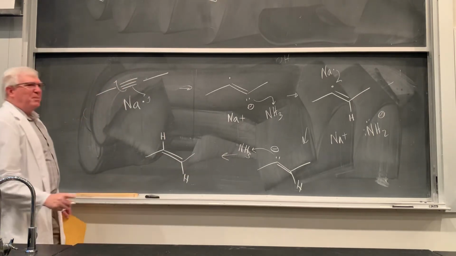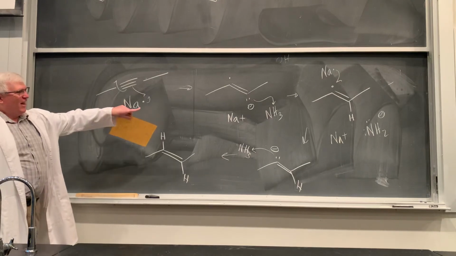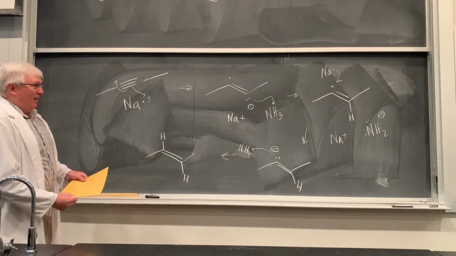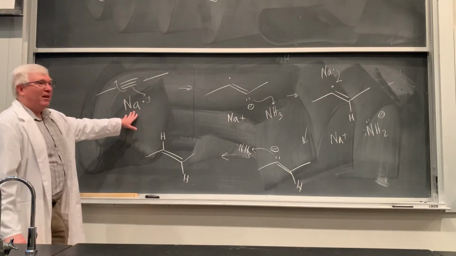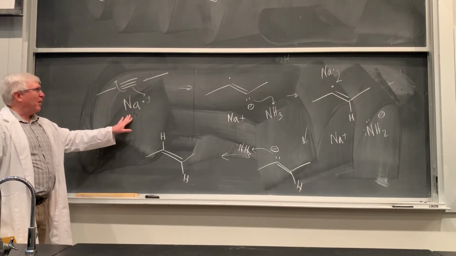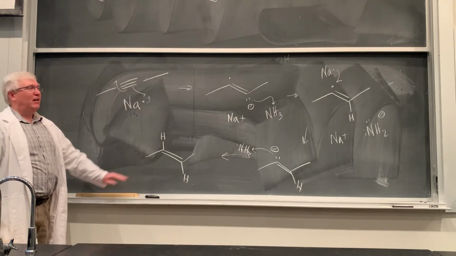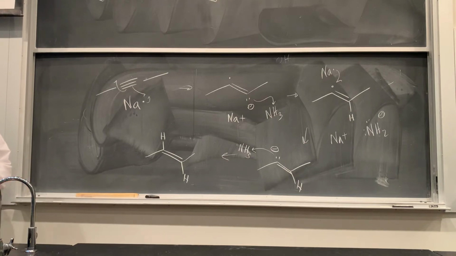Now it's a very different mechanism than hydrogenation with hydrogen gas and palladium, right? This is sodium metal and ammonia, NH3. And it's a high energy process. Sodium metal is a dangerous material. It's difficult to work with, but this is a reliable process to go from what? An alkyne to the trans alkene. So keep in mind that combination of reagents. Questions on that? All right, the last reaction today is going to be reduction